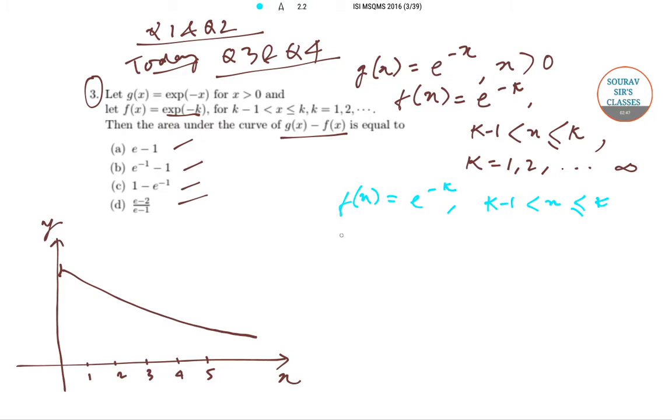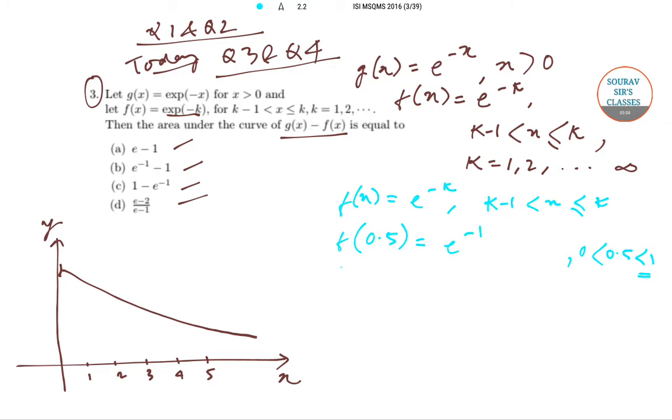So if x is equal to 0.5, then 0.5 is between 0 and 1. In that case f of 0.5 is equal to, it takes the greater value of the next integer,